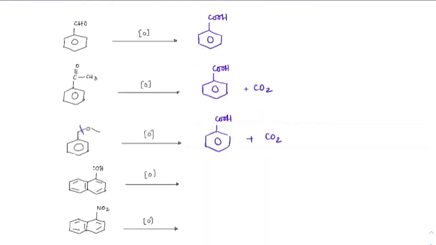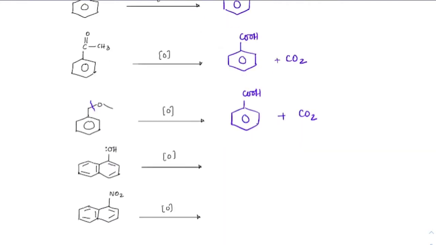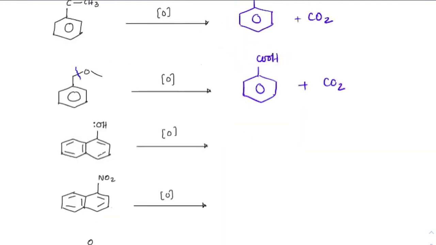Now look at it. Unlike straight naphthalene, naphthalene can be oxidized with KMnO4, correct? But relatively at high temperature. That's why I didn't take it. But if you consider two fused rings here, which are benzenoids, and the electron distribution is different, then definitely the bond breaking will be seen here. And it will break on that side where electron density is more.